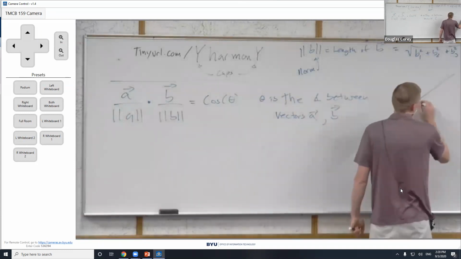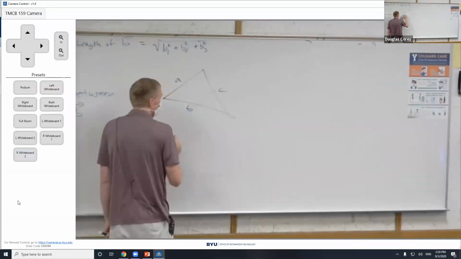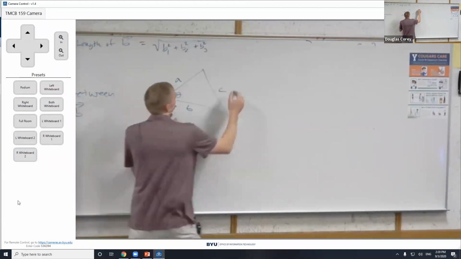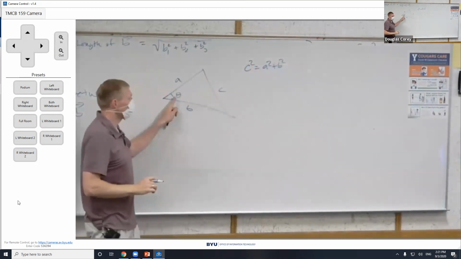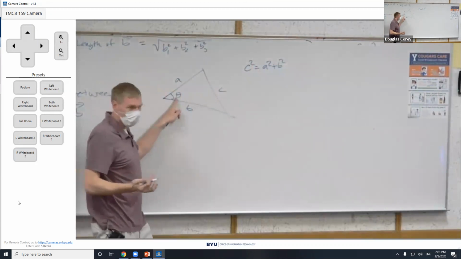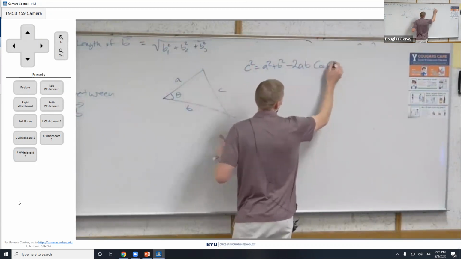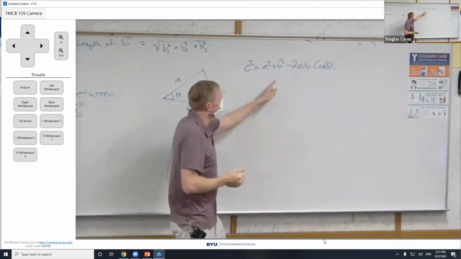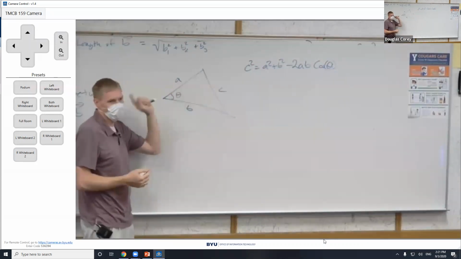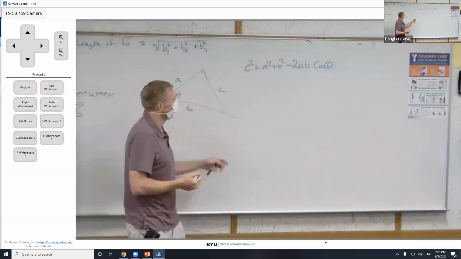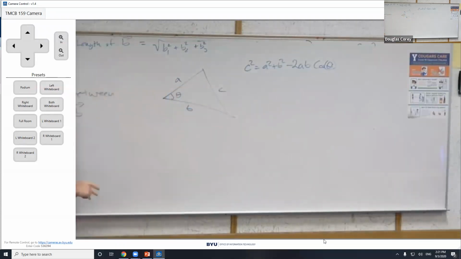It's a generalized Pythagorean theorem. So if this is side A and this is side B and this is side C, and this angle is theta, then C squared equals A squared plus B squared. That's only true if theta is 90 degrees. But if you subtract this piece off, then that relationship holds for any A, B, theta, and C. And you end up having to write each of these lengths as vectors and stuff like that. So, okay.